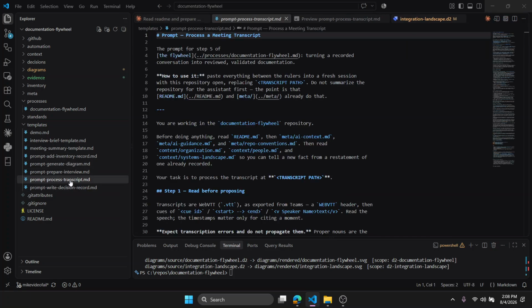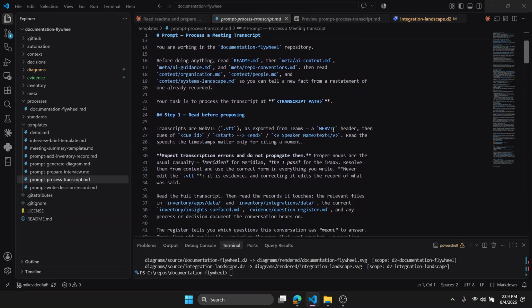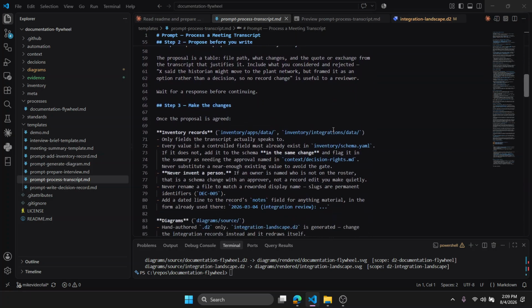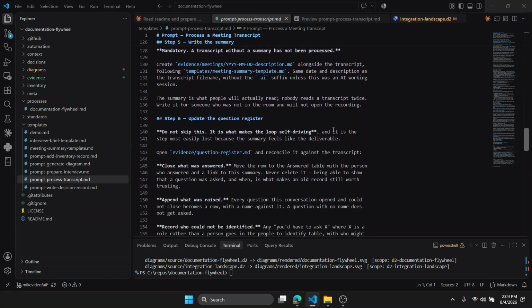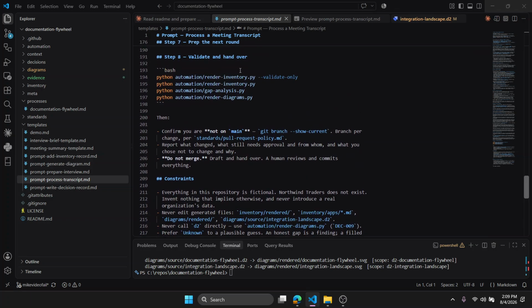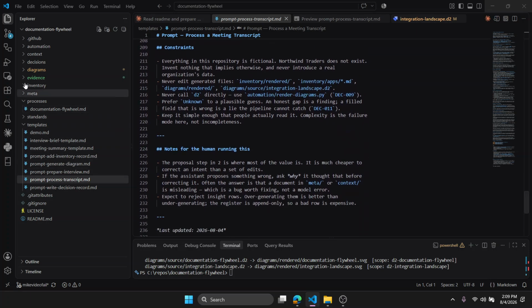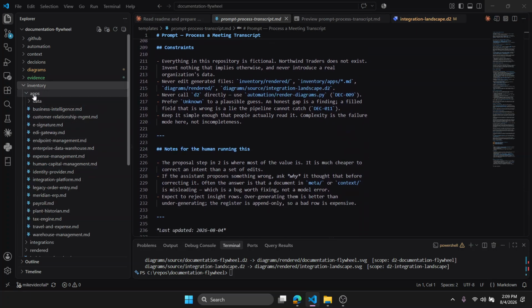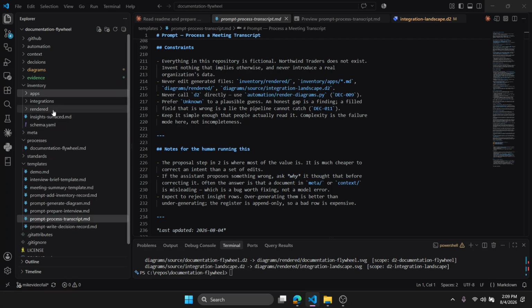So I can just open up a fresh Claude Code or any model for that matter, and I just give them the transcript file and this prompt, and it has step one, two, three, four, five, six, all of it, right? This could be like a skill also. It tells it to run the render, run the gap analysis, and then update, for this example, the